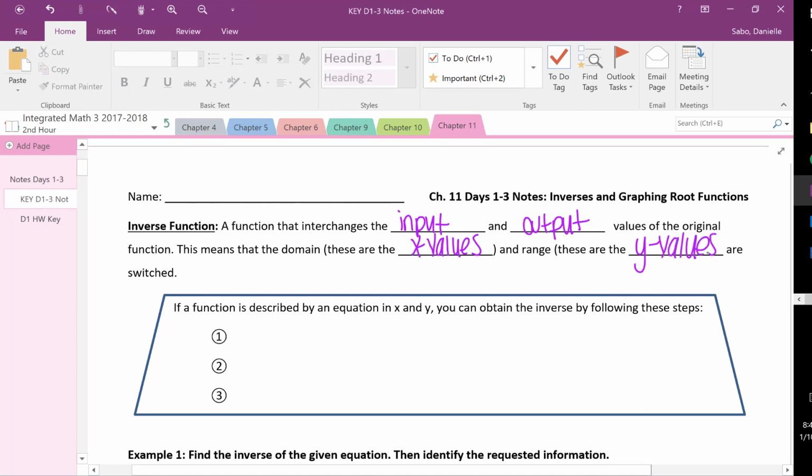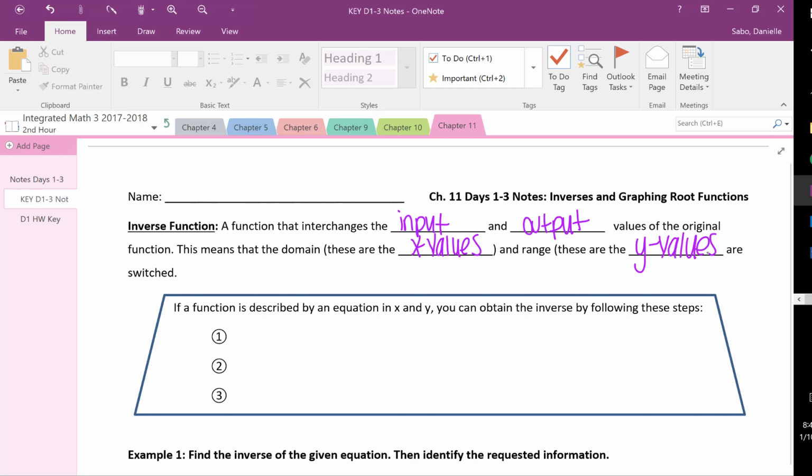Which one's your input? Is it going to be your x values or your y values? X, good, you're inputting something. Your output is your y. So if I put in 5 for x, I can get 10 back. That's what an output is. You're getting something back. Okay, so if a function is described by an equation in x and y, you can